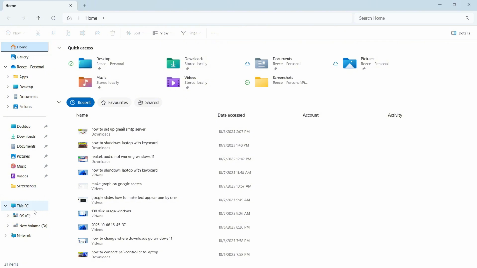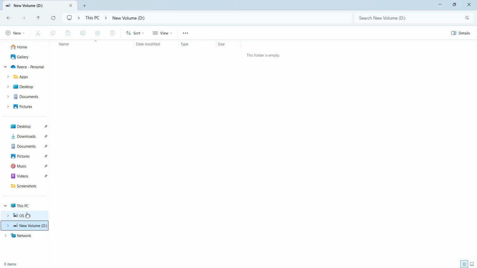what you'll need to do now is go and connect your external drive to your computer using a USB cable. So once your drive's connected, you should be able to see your external drive from the list here, and my external drive is this new volume D drive, but for yours it could be called something else. So once you see your drive in the list, you can just go and close out of this window, open